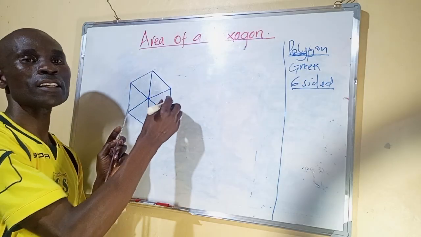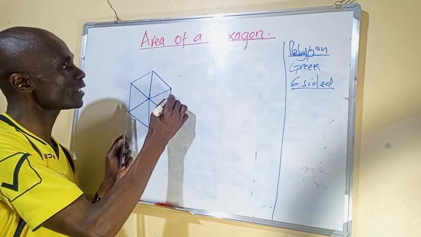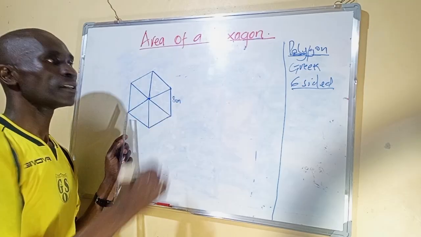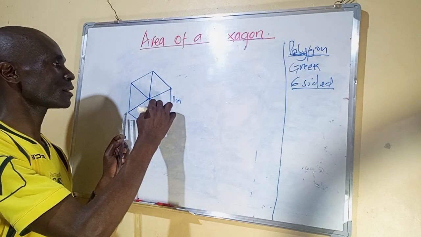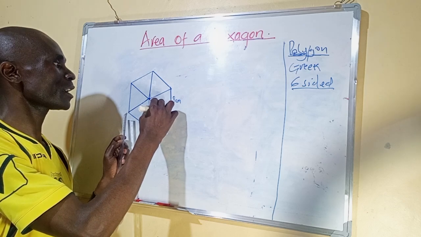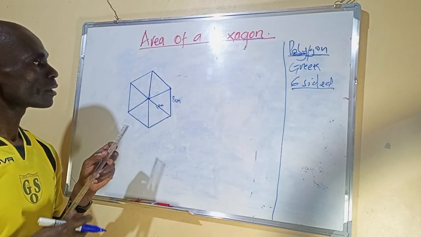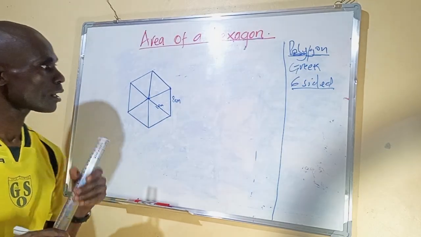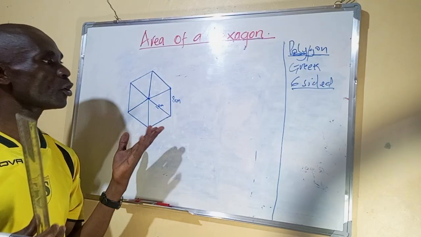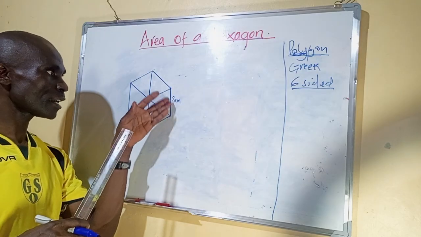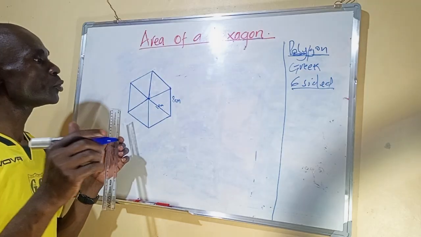So let's say this is our hexagon of sides. Say this side is 8 centimeters, and then maybe this one is, let's say, 10 centimeters, and we need to work this out. How will you go about doing that? How do you go about this? Let's say the sides, this is 8, this is 10. You go about that. So what you do, we said earlier,